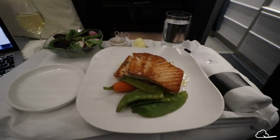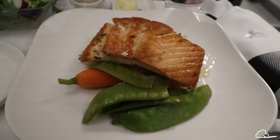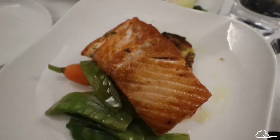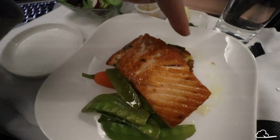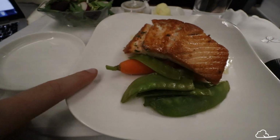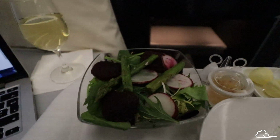And dinner is served. So for this meal we have a salmon main course, which seems to be served without a sauce, but it looks like there's some potato under here or something, just some bean or some peas and carrot. Also there's a little salad with,